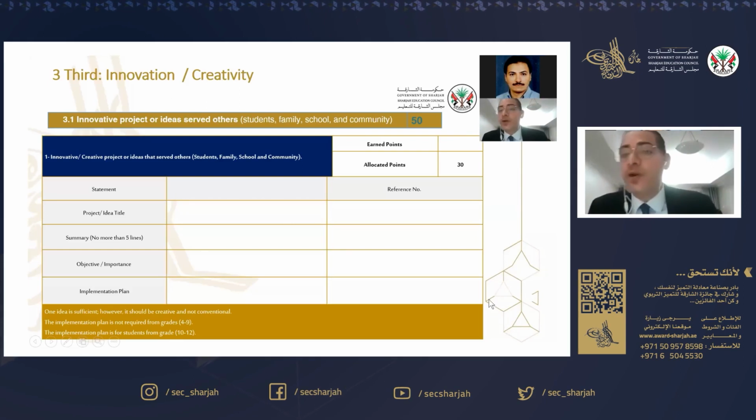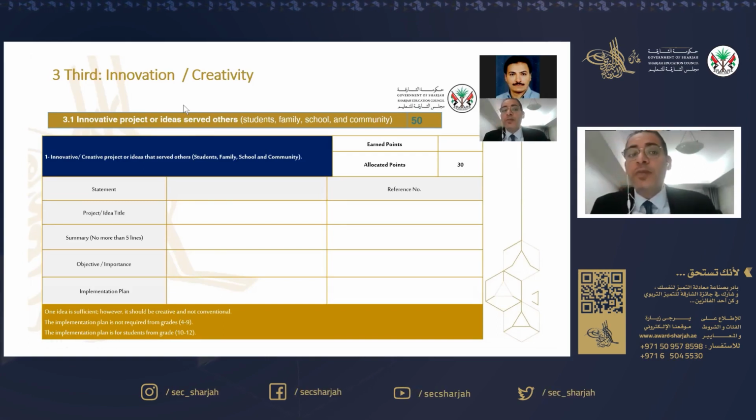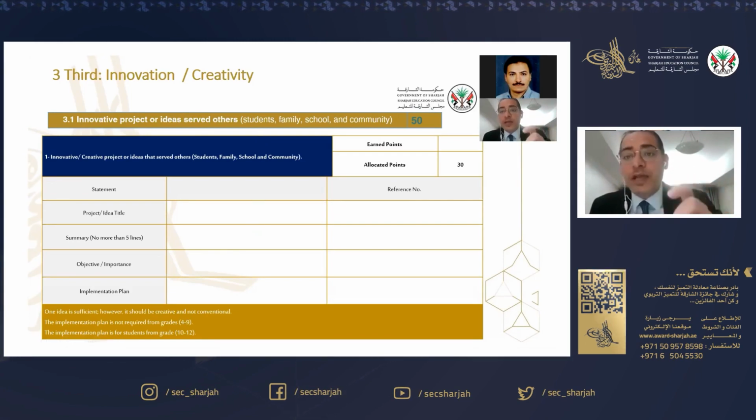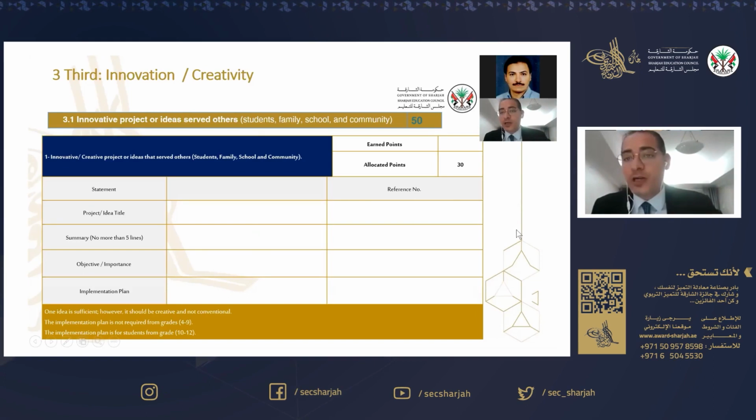Now, when we say project, I'm talking to students aged 14, I'm sorry, students from grade 4 to 12. So think about a project that you think, from your perspective, from your viewpoint, is innovative or unique or new, and what you're doing is really helping others. This is how you should see the project.